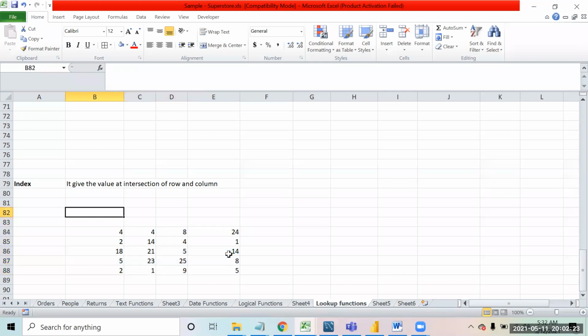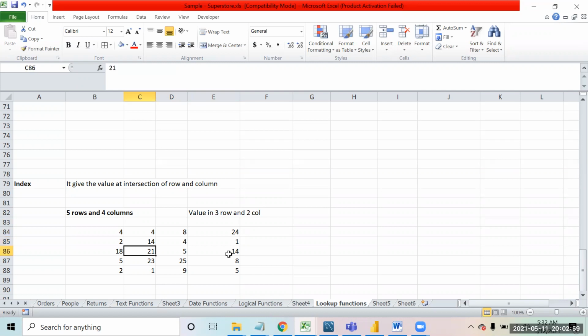Now in this, if I ask what is the value lying in the third row, second column, what will be the output? 21, correct?